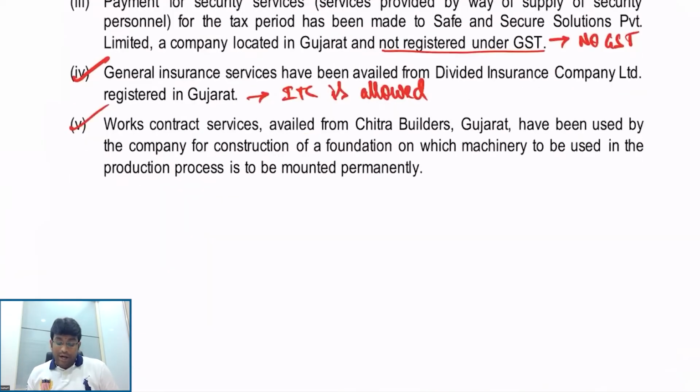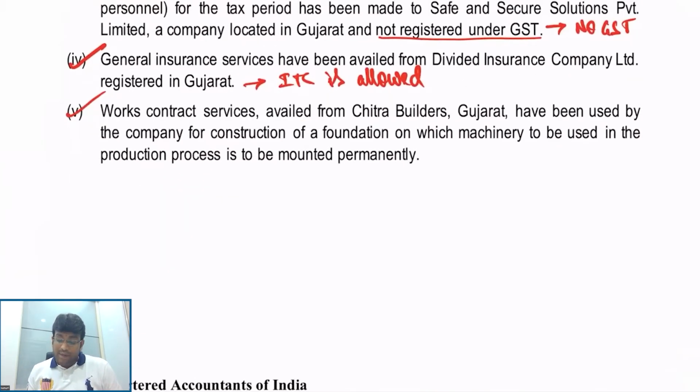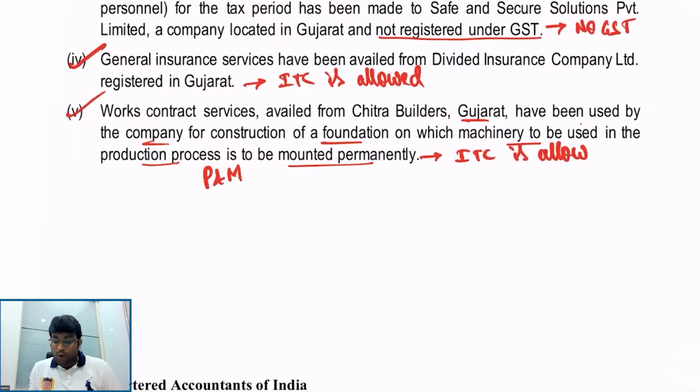Then, works contract service availed from Chitra Builders, Gujarat has been used by the company for construction of a foundation on which machinery is to be used in the production process, mounted permanently. So this becomes a plant and machinery. So what will happen, my dear friends? ITC is allowed. No doubt about it. Then,